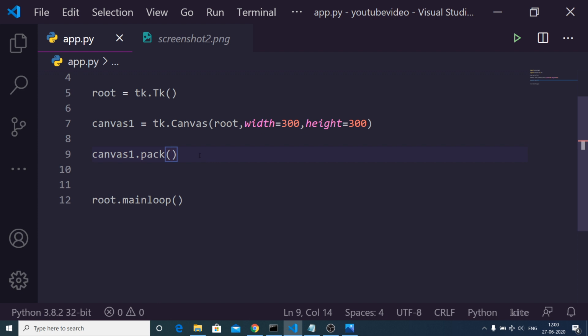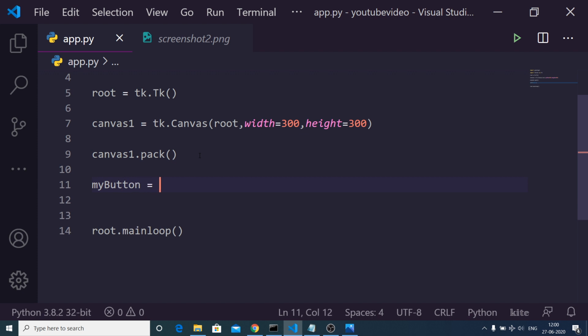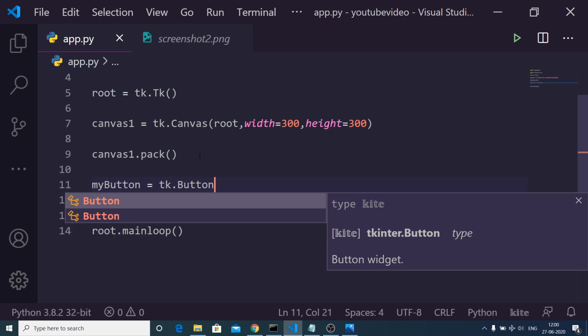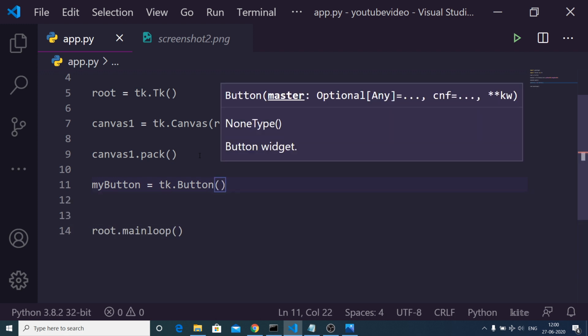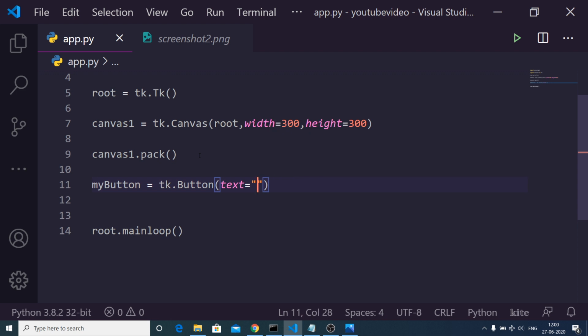Now we just need to add a simple button to the screen. Let me initialize it as my button. There is a Button method which lets you add a button to the screen. It takes some properties. First is the text property, which is basically the label of the button, so this will simply be take screenshot.